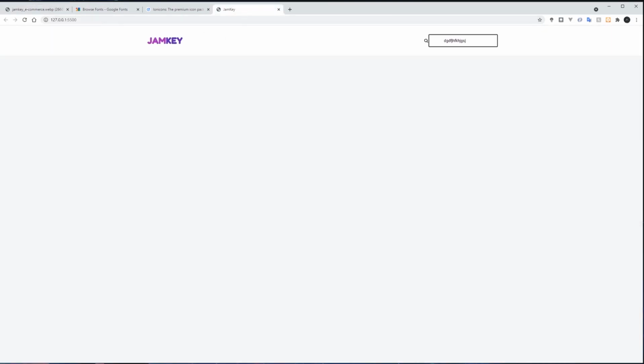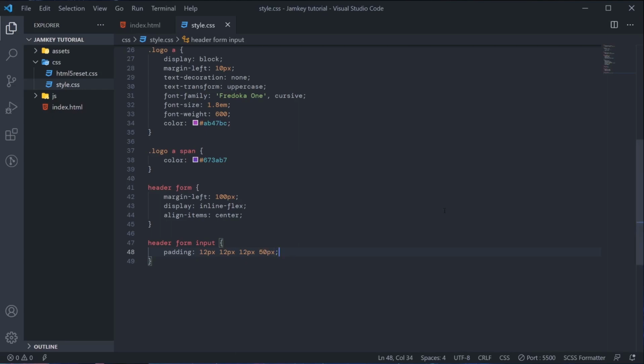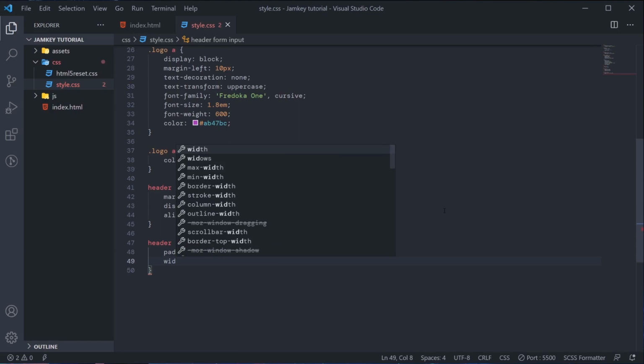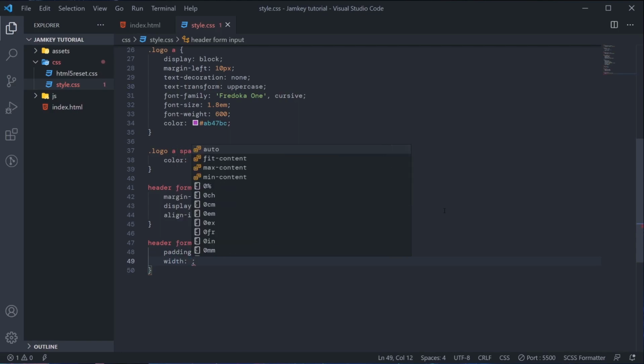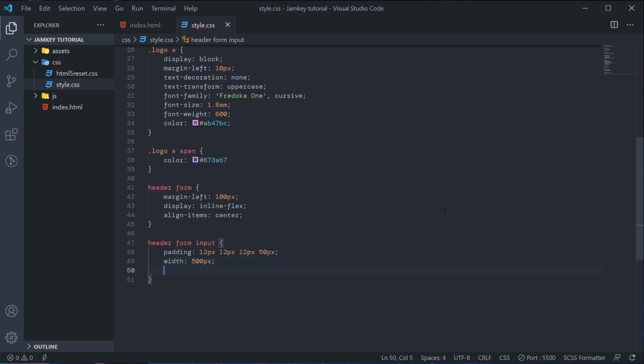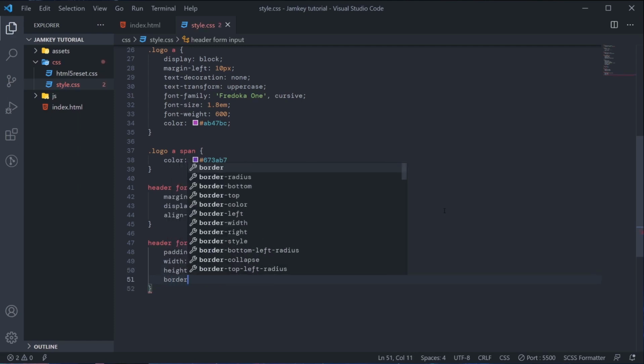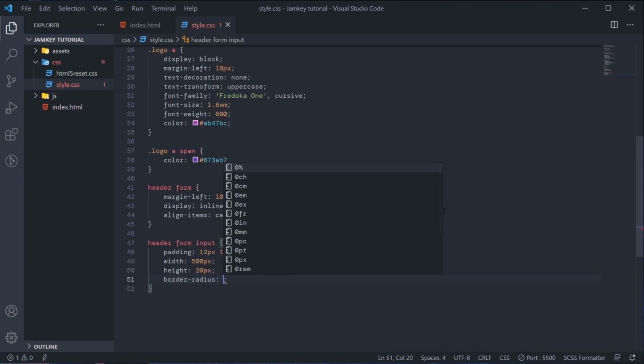So I'll go back to the CSS now. Then after this padding, the next one we'll do, we'll set the width to like 500 pixel. Then we'll set height to 20 pixel. Border radius, we'll give it 50 pixel.